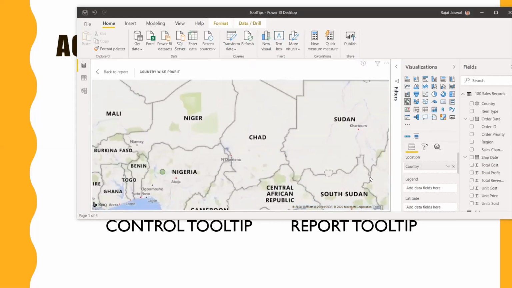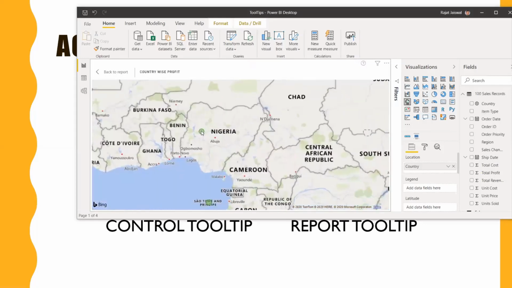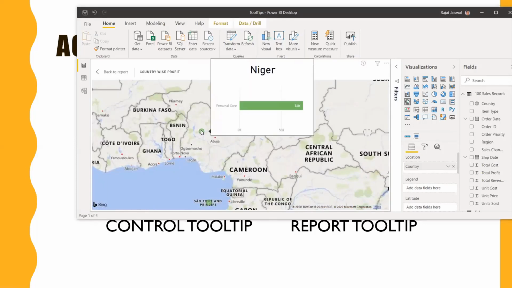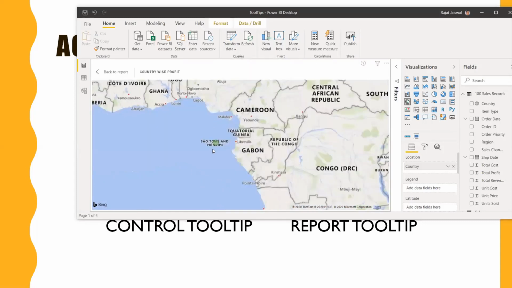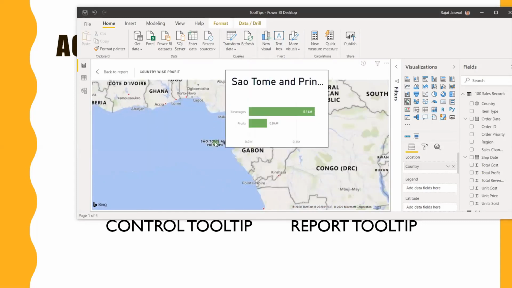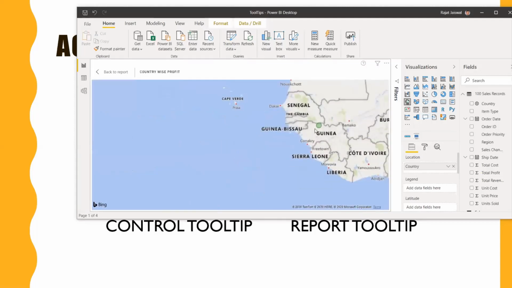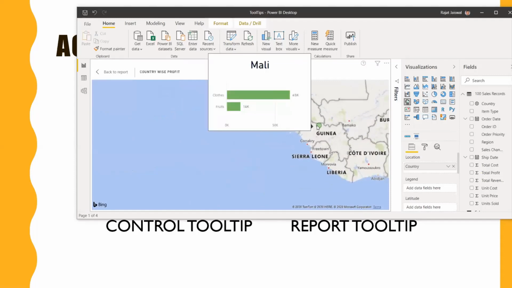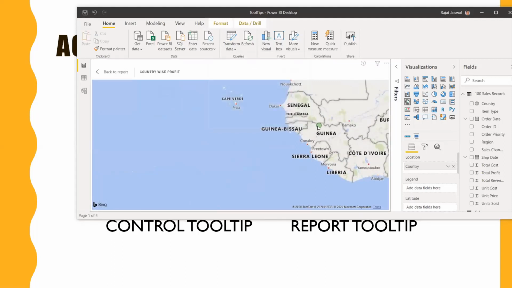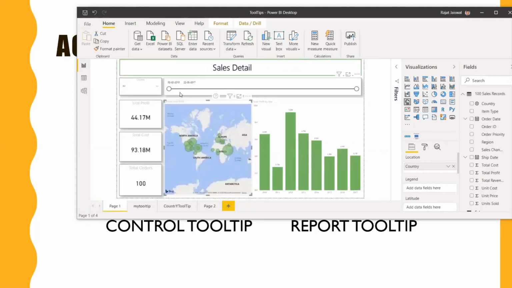Now let me hover over this. So in Niger, there is only one category, which is personal care, and here in South Korea, there are beverages and fruits. So in such a way, you can make your tooltip more attractive, and it will give insight not only to your end client, but to everyone who wants to take a decision by seeing the reports. So isn't it cool?